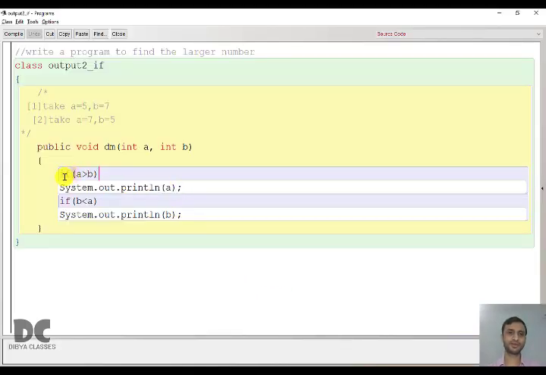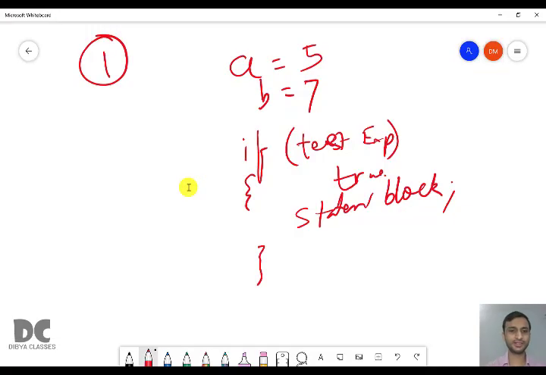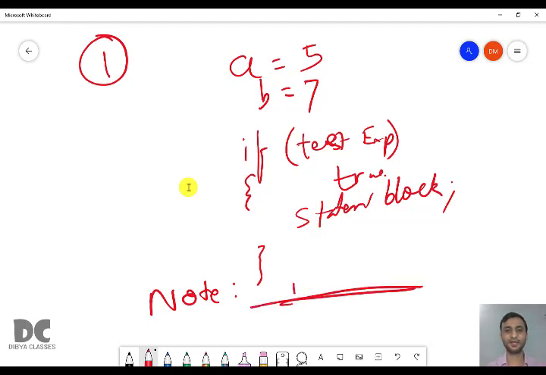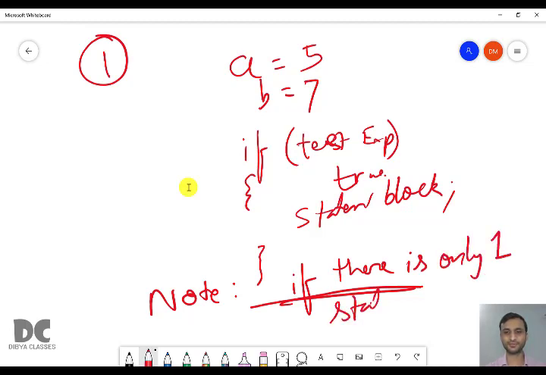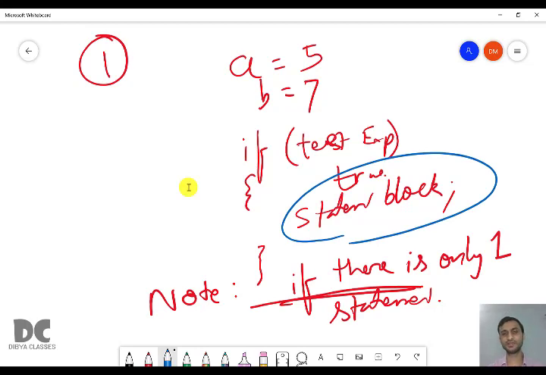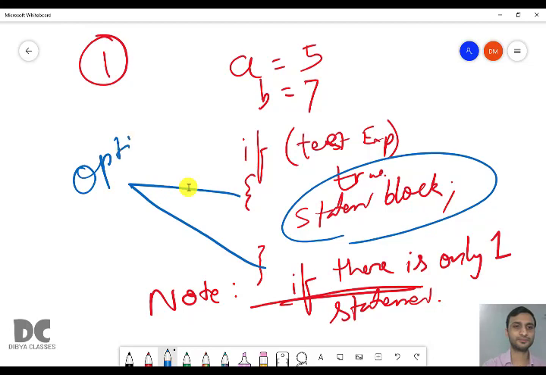But here you can see that I have given no curly brackets. So the rule you have to remember is: if there is only one statement in this statement block, these brackets are optional. It means if you don't give these curly brackets, the program will still work as it is.